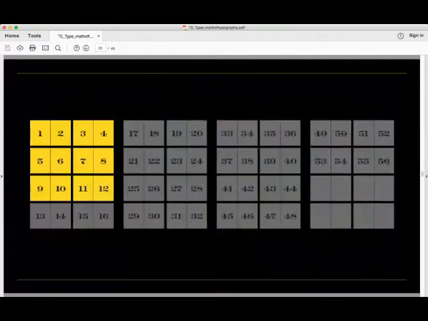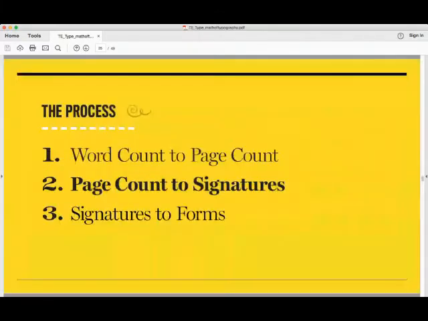So if you're looking at the layout of the whole book, we're 12 pages in, like the slide says. Now I need to find out what other content the client needs to include in order to determine the sections for a total signature count. So we need page count to signature count. You don't necessarily have to do signature here, but this is where it starts crossing over to the client and the printer, because printers are thinking in 4-page increments. And as a print designer, you want to as well.